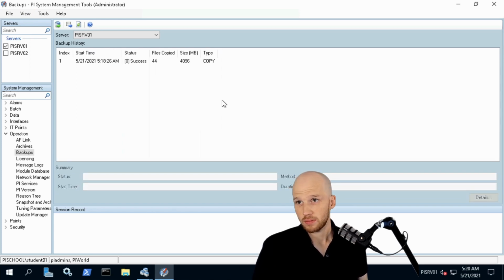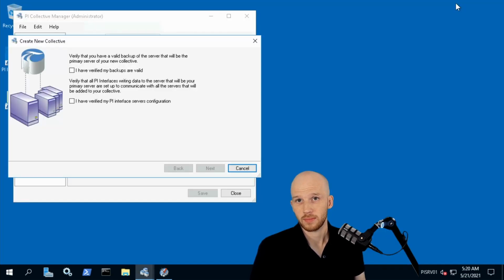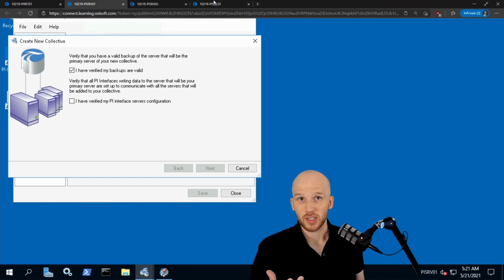Backup's complete. Okay, let's go and set up our collective. We've now verified our backups are valid. We can check this box. And next, it's asking us if we've verified that our interfaces are all using the buffer subsystem and the buffer subsystem is working. We have confirmed this in the last few videos, but just as a little bit of revision,